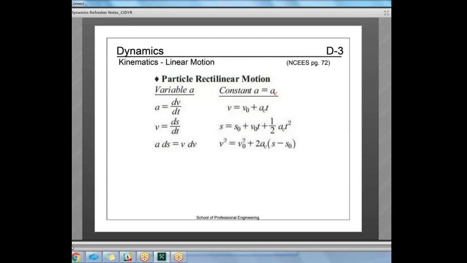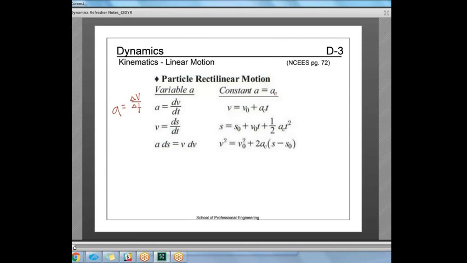Now, once we've got an idea of what A is, we might have to figure out what S is over a given length of time. So given a particular acceleration or initial velocity, we have to be able to sort of fluidly move between S, V, A, and of course time factors into that as well. So we're going to start looking at the equations for that. There are 3 equations we principally use, and you're going to see these equations sprinkled all throughout the dynamics section of the handbook. My favorite,